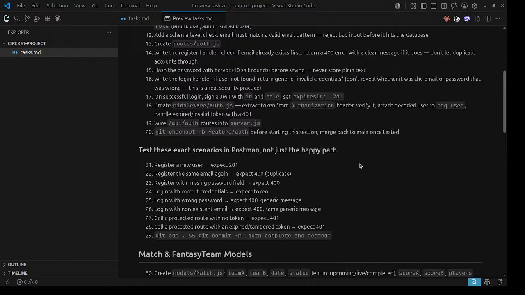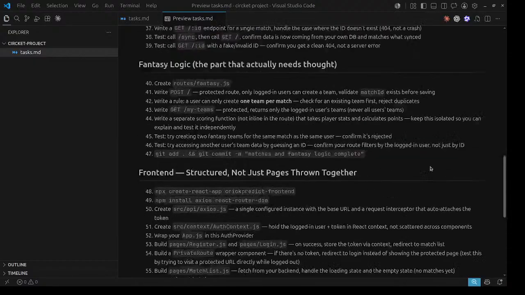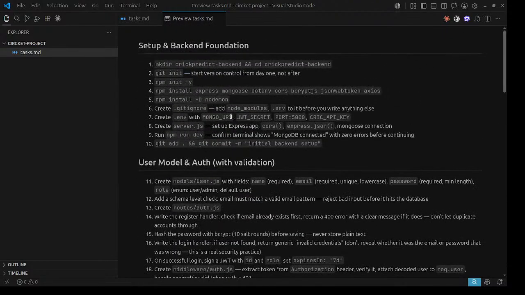I am assuming that you are just a beginner and you are trying to learn something new, and due to dopamine hits, you are completely crushed. So what are we creating? We are creating a cricket project, a simple cricket fantasy.